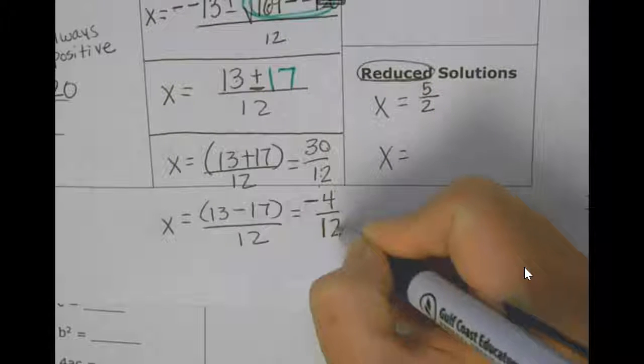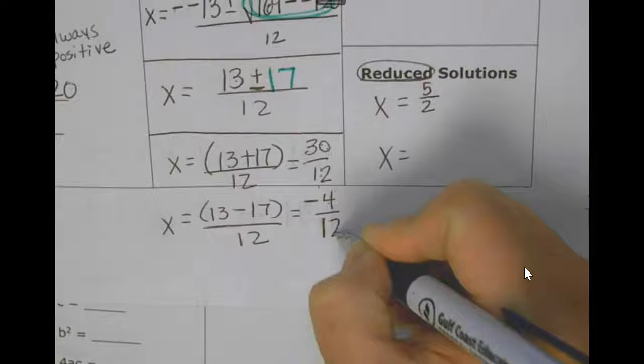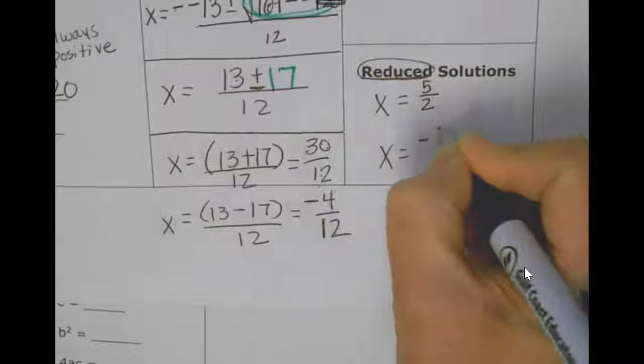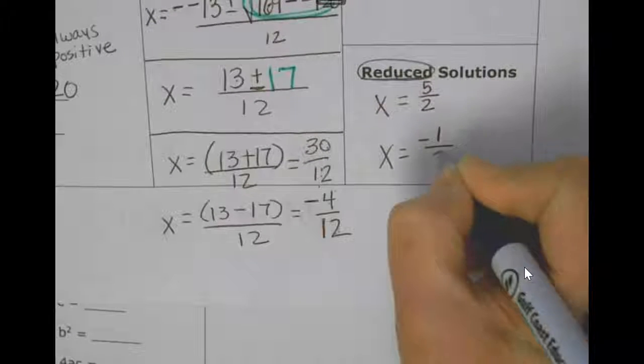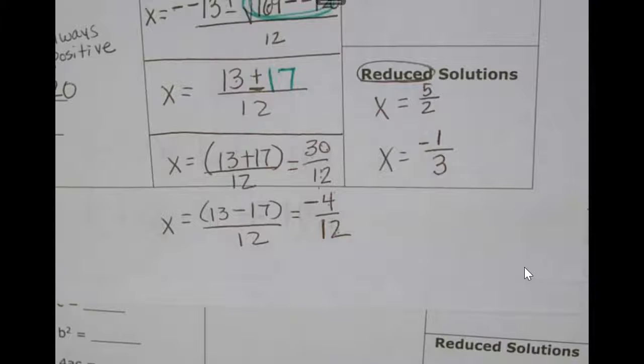2 divides them, but 4 is the GCF. 4 divided by 4 is 1. 12 divided by 4 is 3. That is your reduced answer. Now,